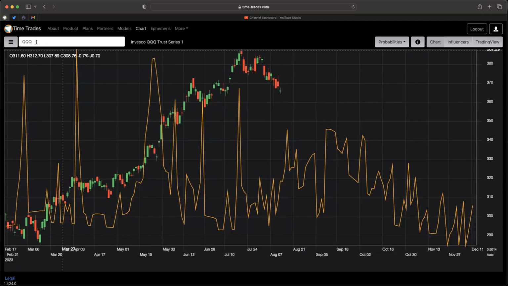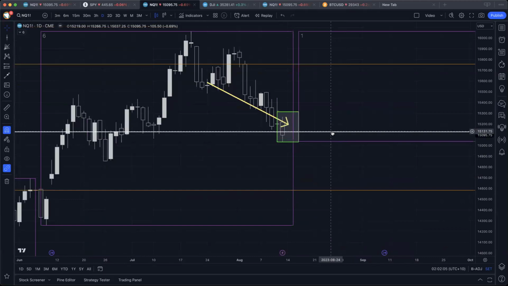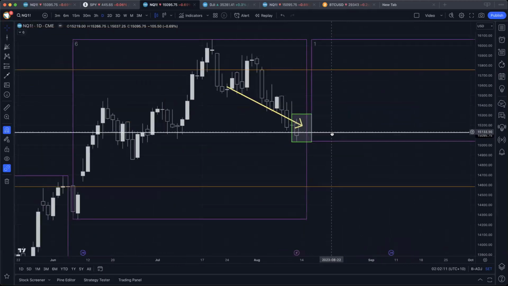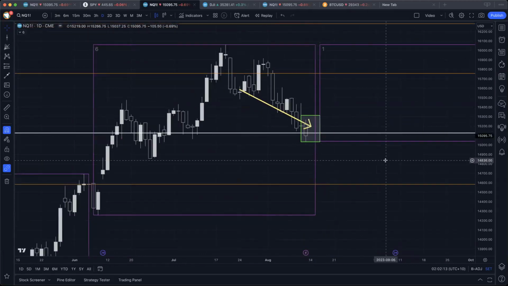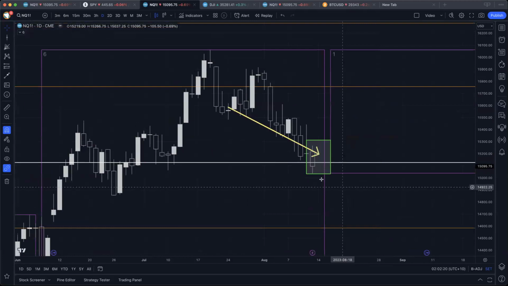We haven't even talked about being on a magic level yet. That's this white line here. That's a magic level at NQ 15126 about. So magic levels are important support and resistance levels in my work. They are effectively Fibonacci spirals. So that's important to keep in mind. They tend to be strong areas of support and resistance, and we probed below that on